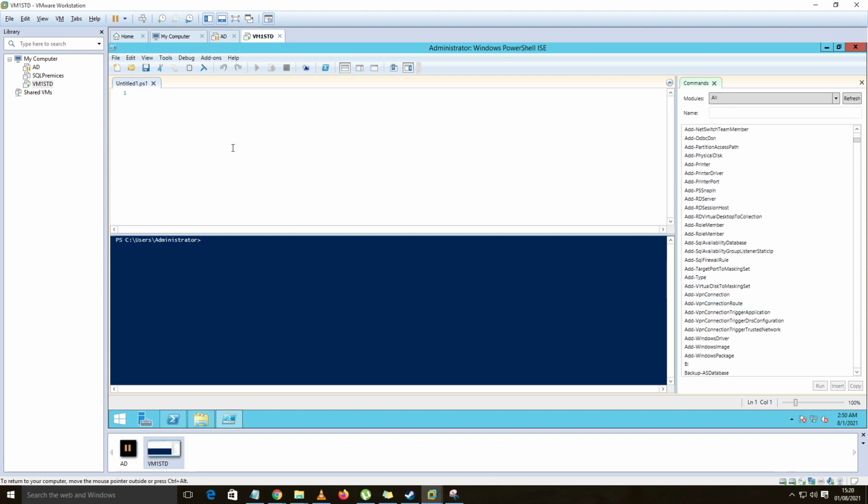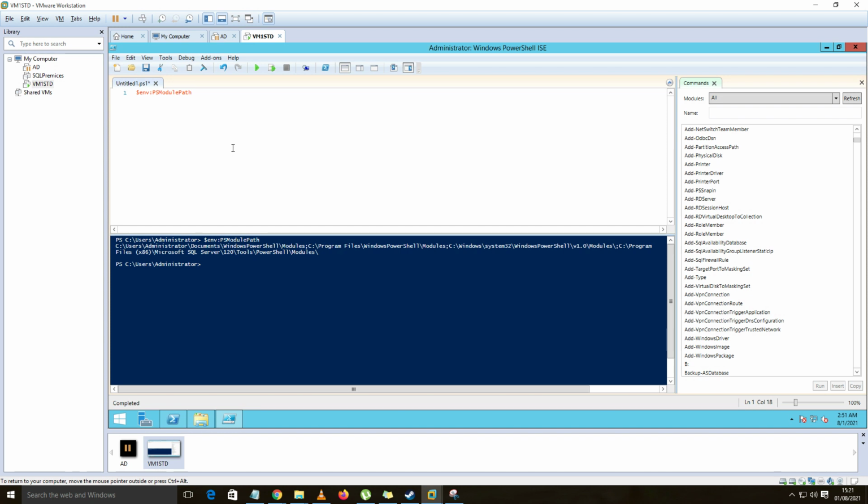There is only one command to check the module path, and that is $env:PSModulePath, since it is an environment variable. If you run this command, it will list all the module paths.